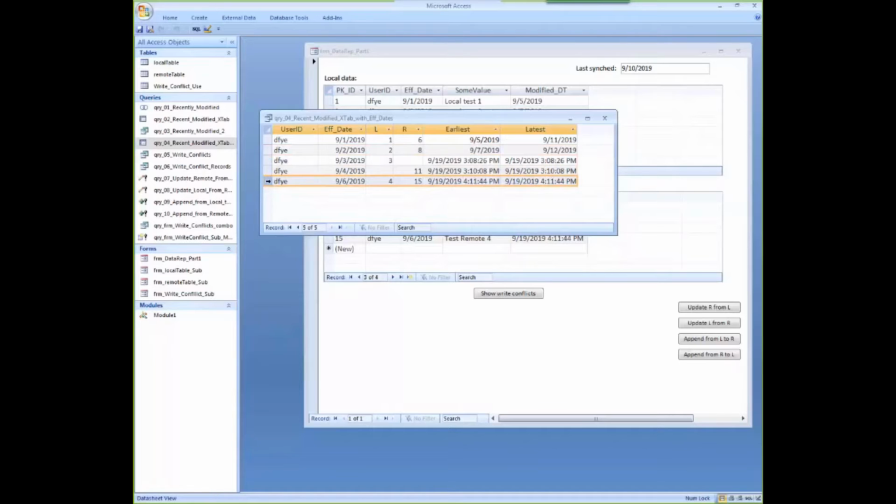Probably should have used an earlier date on that one. I just realized that this morning, and I didn't want to go back and fix it, but that's what that indicates. The fact that you've got 2 records, one on each system, that have the same unique index but the same modified date time indicates that those records are in sync.